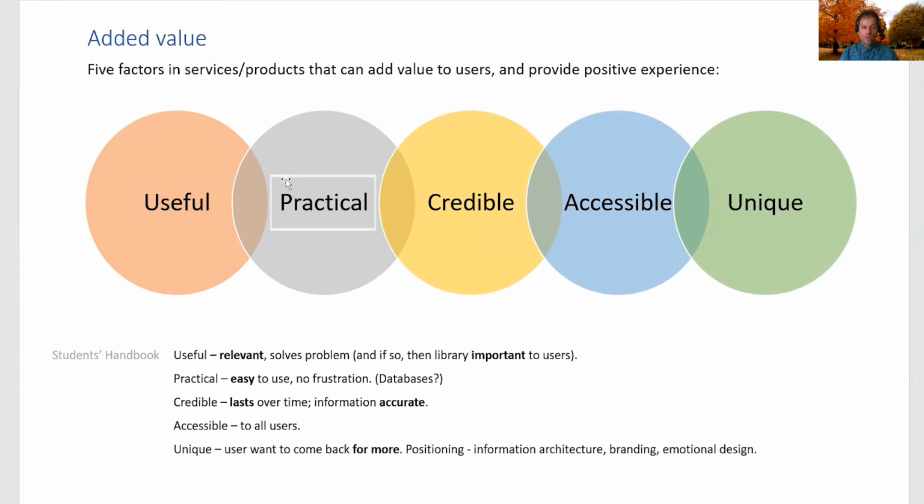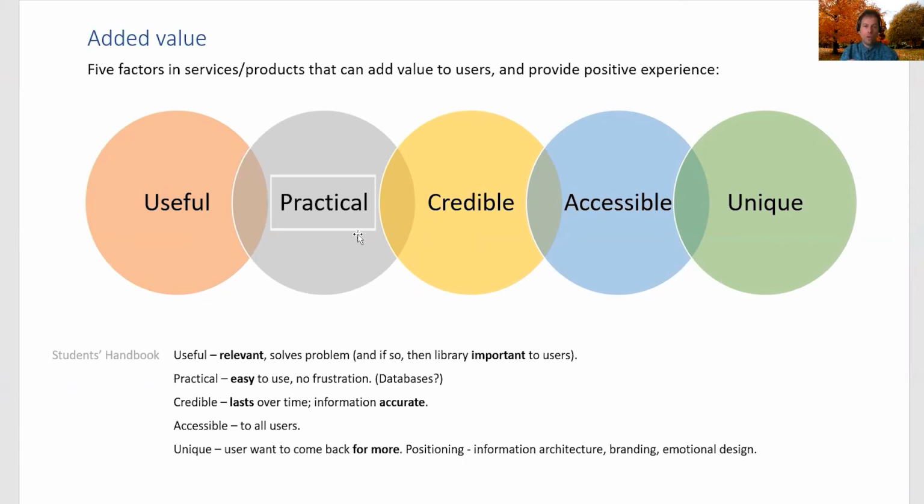You want your service, your product, to be practical. By practical, I mean it has to be easy to use. There should be no frustration. Many products are important, they are useful, but they're not practical. For example, at this point, it is confusing for researchers and students to access databases.